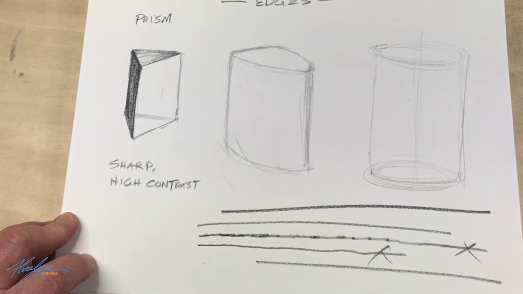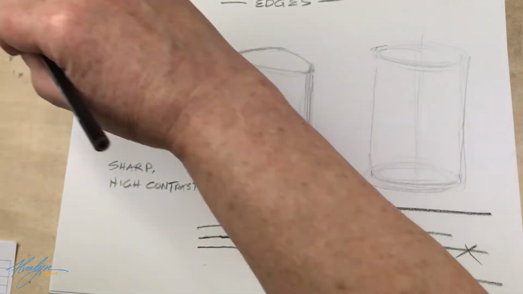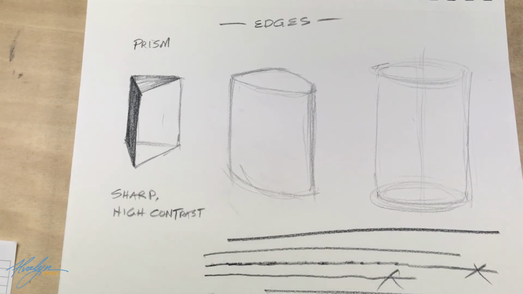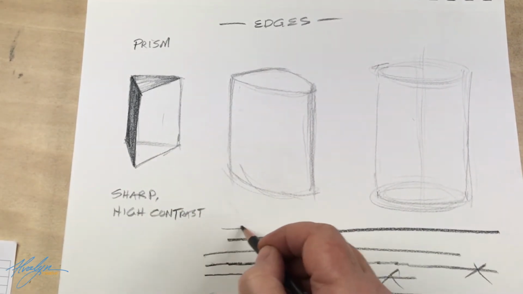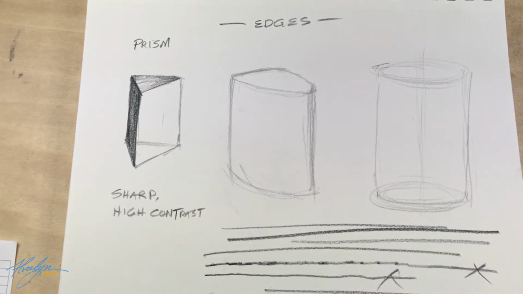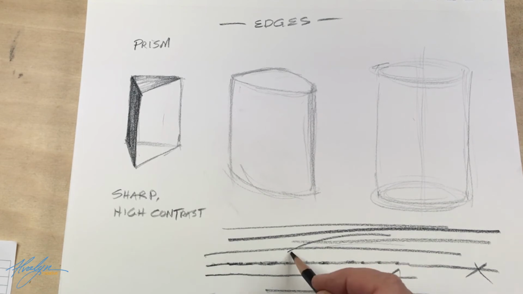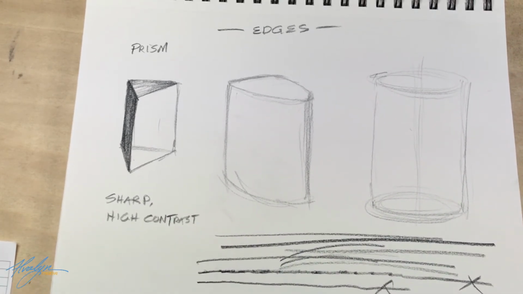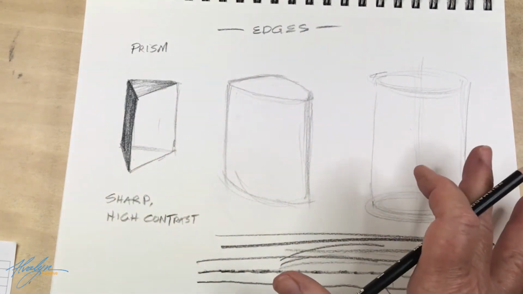And if you go from the elbow and not your wrist, you'll also have better success at making straight lines. So you kind of lock your wrist and your lines will go straighter. If you're doing this, there's going to be an arc, or it's going to wobble more. So draw from the shoulder and the forearm rather than the wrist when you are drawing what I call globally or